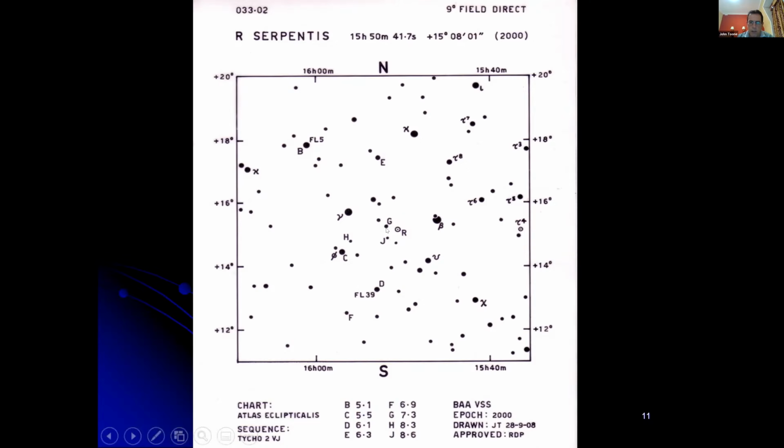So to keep this efficient, we'll use two comparison stars. We'll use E and G at 6.3 and 7.3. So that's a magnitude apart, and use them to compare with the variable. So we'll go back to the image. Here is the variable.